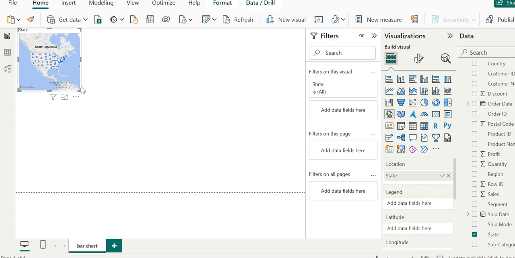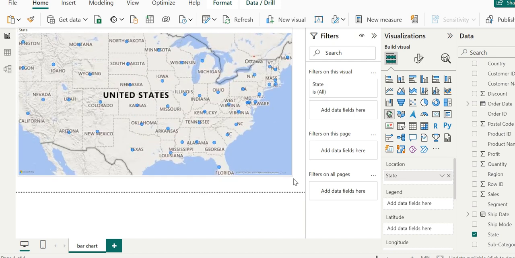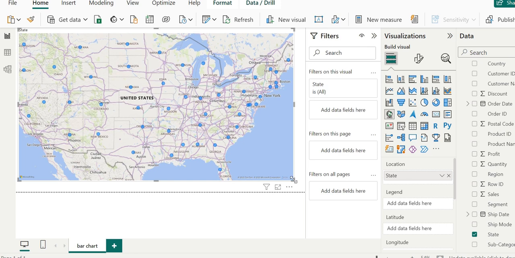If we expand this selection, we can see that the data is automatically zoomed into the United States. It's a world map, but if you drag it, you can see it is automatically focused on the United States. There we have points corresponding to each of the states. For example, for South Dakota, there is a point, and we have various points there for different